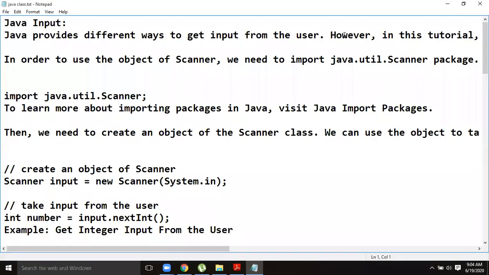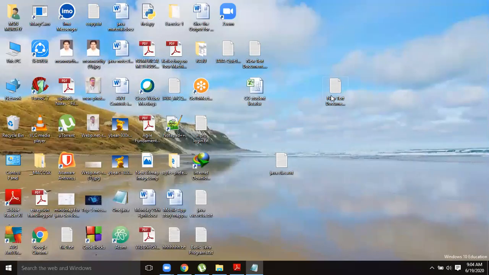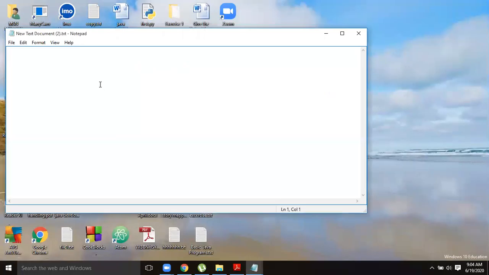So as Java uses both compiler and interpreter, javac is the compiler for Java, and java is the interpreter for Java. So we can write our Java program anywhere. You can take a basic Notepad also. Here you can write your sample program. I just write a sample program, how to write a sample Java program.